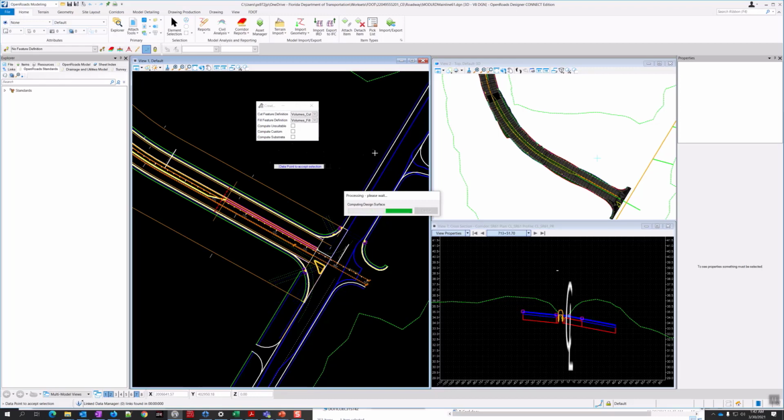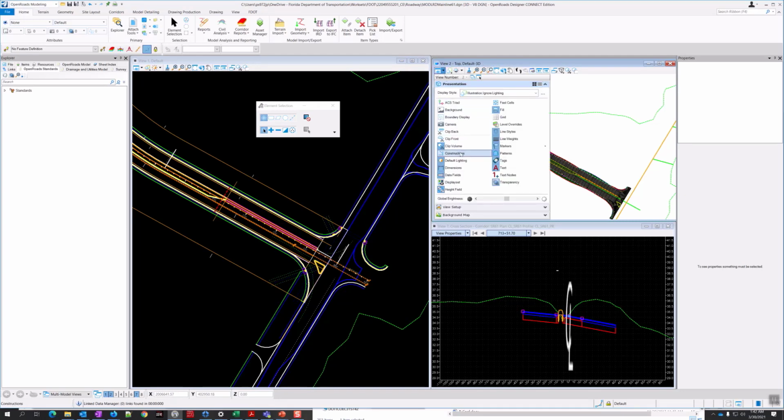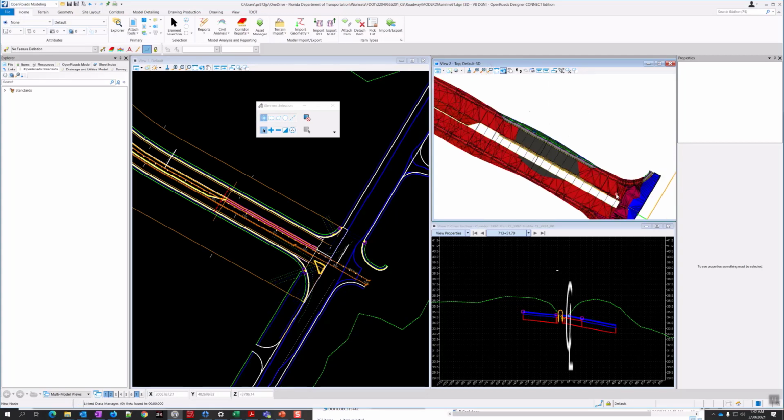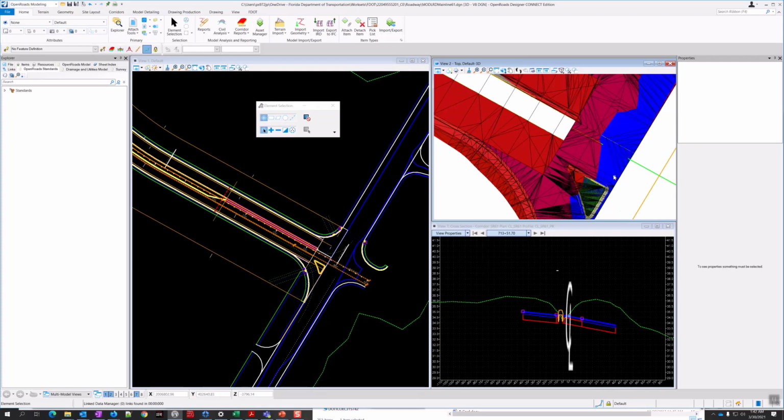Now it's going to be on a construction class, so you're not going to see it by default, I think, because we probably have constructions turned off in the 3D view. The only place you're going to see it is in 3D view. So I'm going to come over here and turn on constructions, or use F7 if you want the keyboard shortcut. And now I see these red and blue triangles. So that's my cut fill shapes. You know, it's basically a surface that it created.